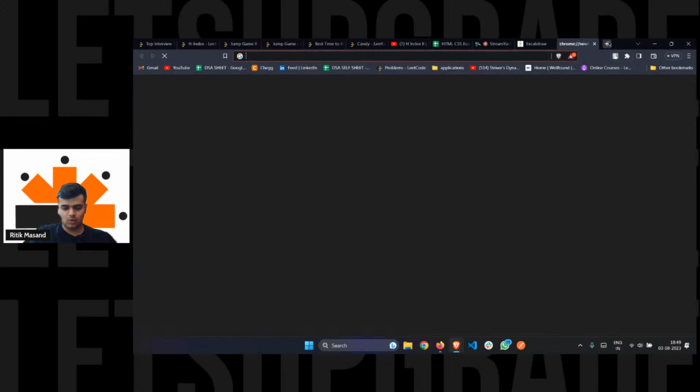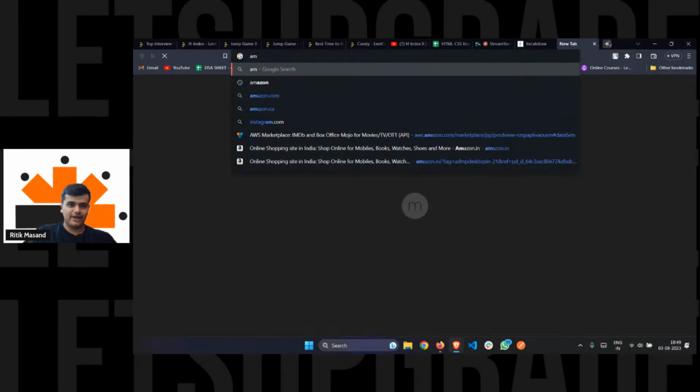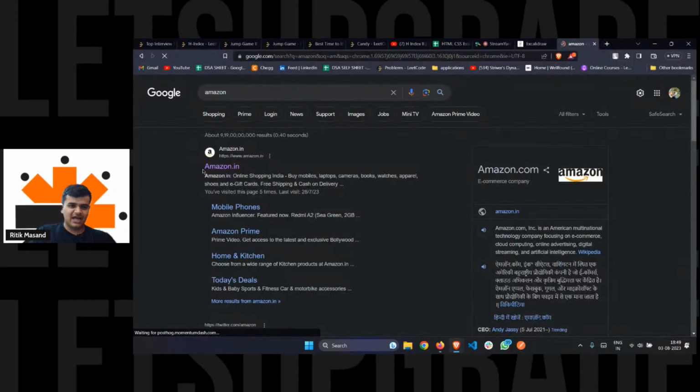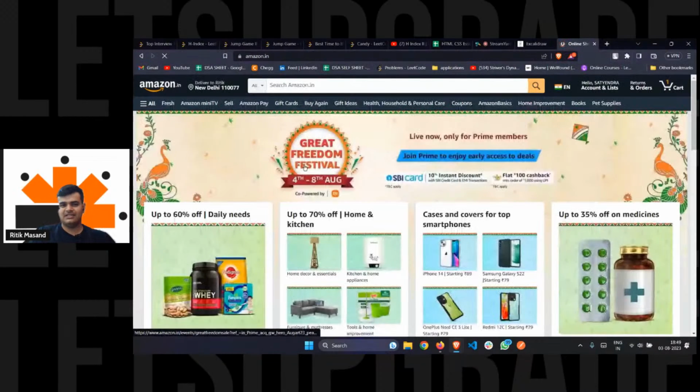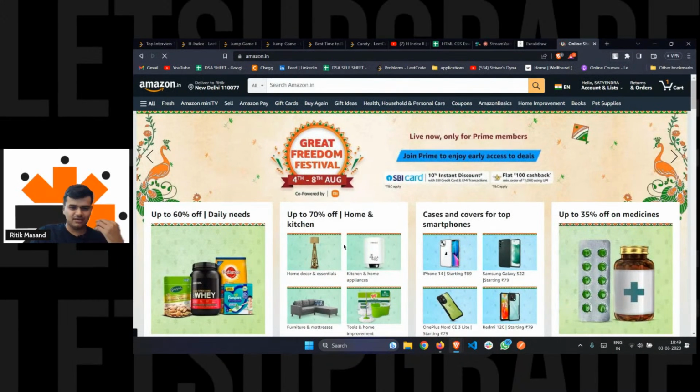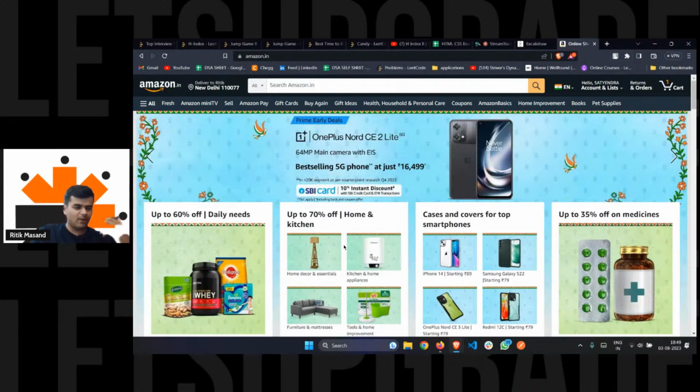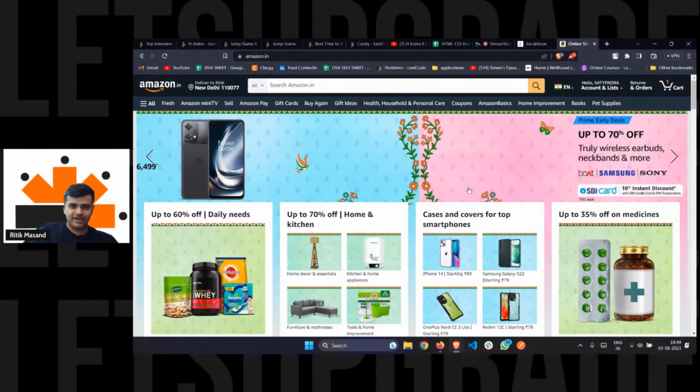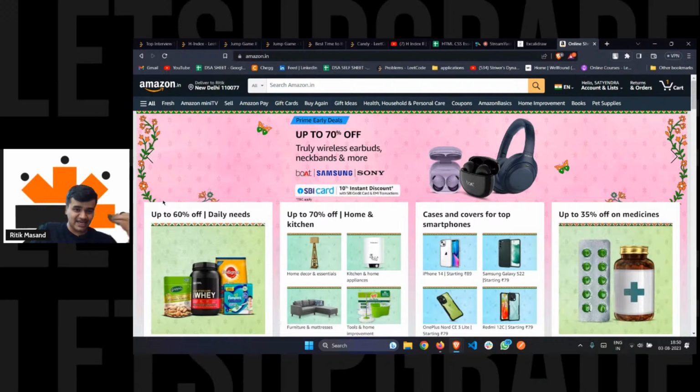Let me start with an example. Let's suppose I go on to Amazon. I hope everyone has visited Amazon at some point in their life. You all must have done shopping from Amazon, Flipkart, Myntra, all of these. So what if I tell you that this whole website, the skeleton of this website, now remember the keyword, the skeleton,